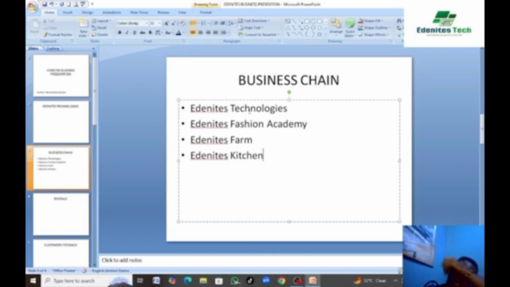So let's work with just these four. Now to be able to give a bullet style to this numbered list we have here,